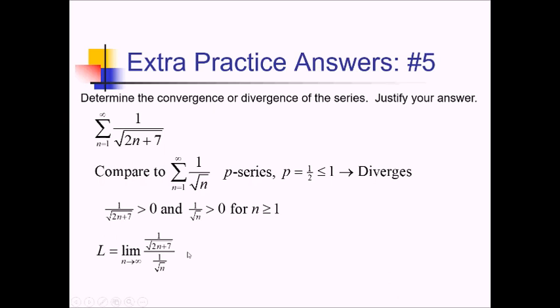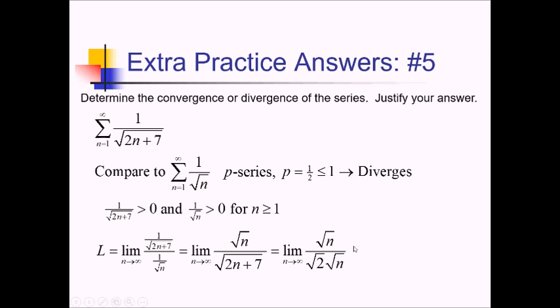Multiplying by the reciprocal, I can rewrite this as radical n over radical 2n plus 7. And as n approaches infinity, I can ignore this plus 7 here. So this is really just like having the square root of 2n down here. I'm going to go ahead and split that up into radical 2 times radical n just to make my next step a little easier. Because on the next step, I'm just going to cancel these radical n's,